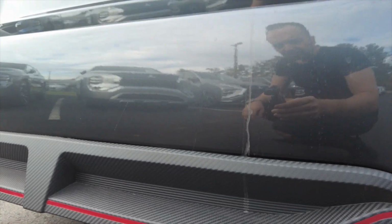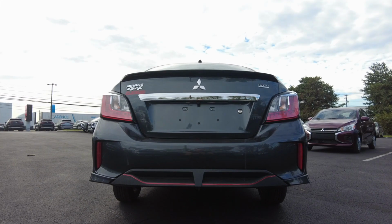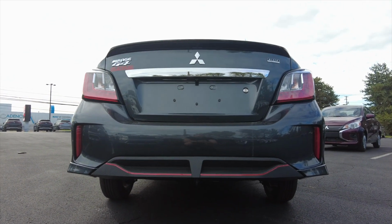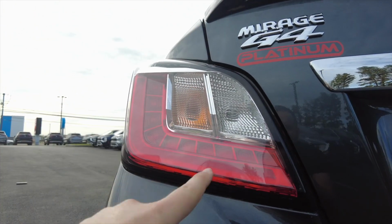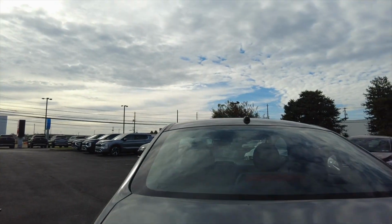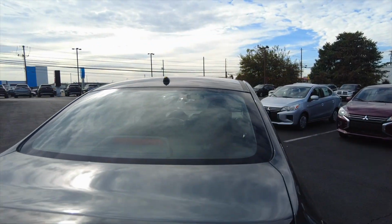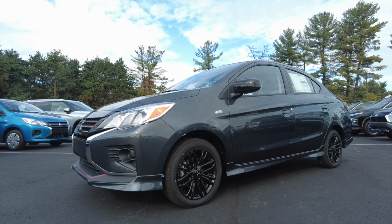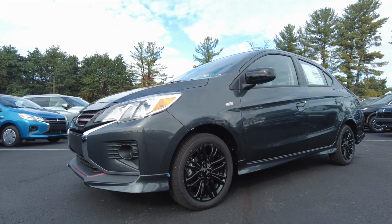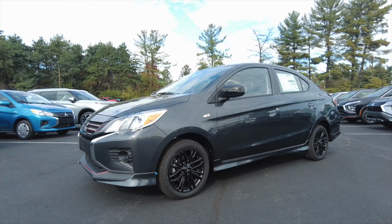You do have more of the plasticky feeling carbon fiber inserts. It actually looks a little more high-end than it feels once you're up close to it. The only LED lights, again, on the car, right here, that's it. The LED lights here, along with the LED third brake light built right into the rear windshield, or the rear glass panel rather. I do feel like this car is due for a full-on update sometime soon, but again, there's also rumors that the Mirage is going to be canceled, so who knows what Mitsubishi is going to do with